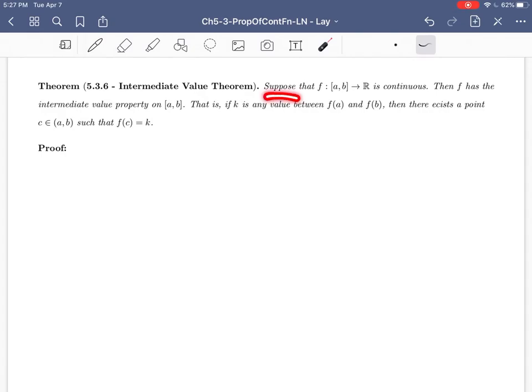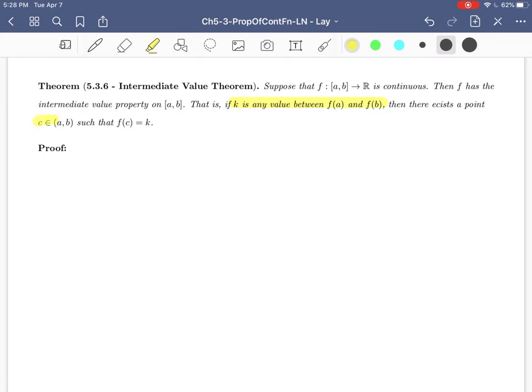Suppose that f is a function from a closed interval [a, b] to the real numbers. It is a continuous function. Then f has the intermediate value property on that closed interval. So what is the intermediate value property? It is that if k is any value between f of a and f of b, so k is any value between the function values at the two endpoints, then there has to exist a